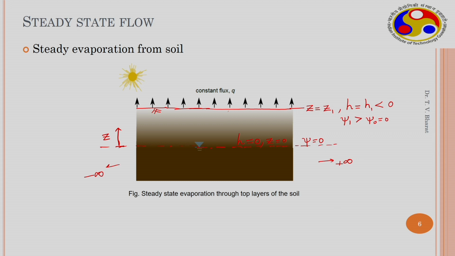So these are the two boundaries. Therefore there is a continuous evaporation that takes place from the surface, and there is a flow of water that takes place in upward direction from the groundwater. So therefore in this particular case, if the temperatures are maintained constant for a significant time, then you have a steady flow that takes place within this vadose zone, which is unsaturated. So this is an unsaturated steady flow that can take place in this particular manner.